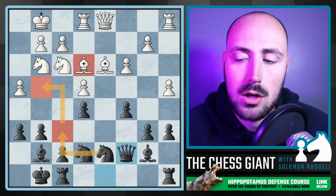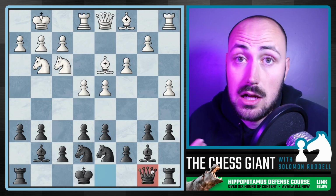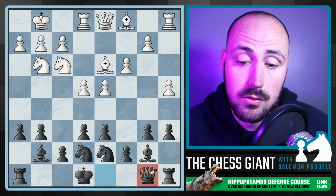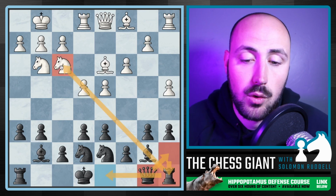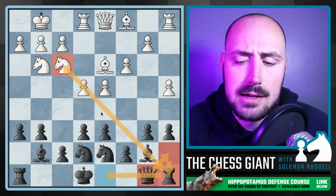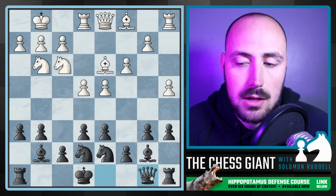But after a4, we see queen b8. And this is also something that I cover in my course. It's not a bad idea in and of itself, right? To play queen b8, queen a7, and then get this queen on a8, really forming a battery ram on this diagonal. But in this case, I'm not a fan of it simply due to the fact that, I mean,